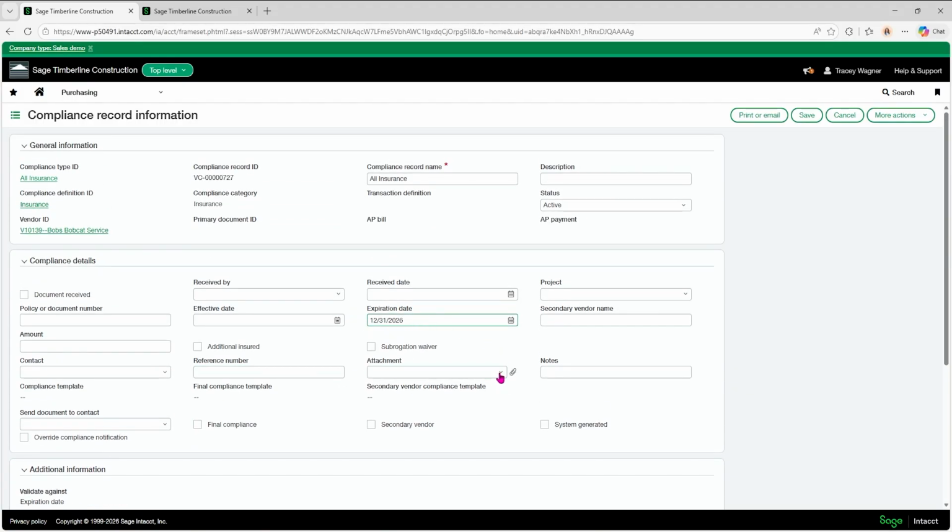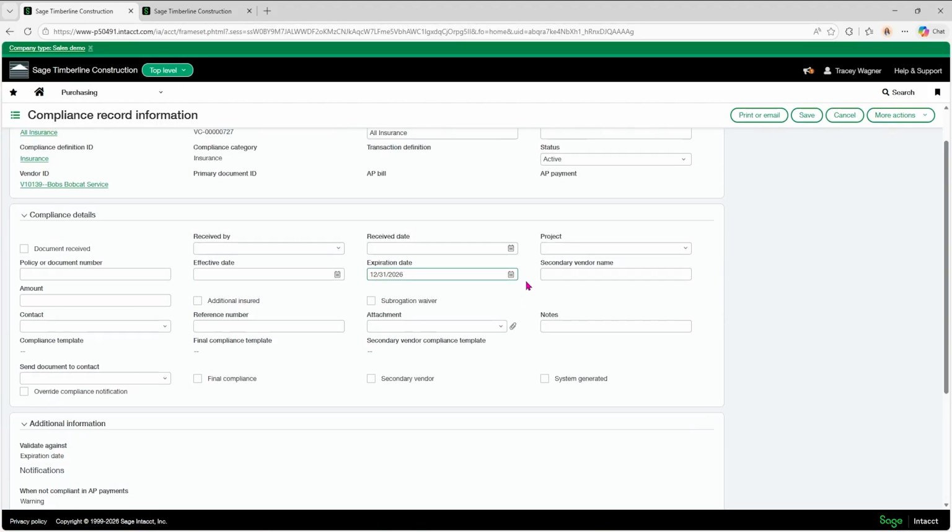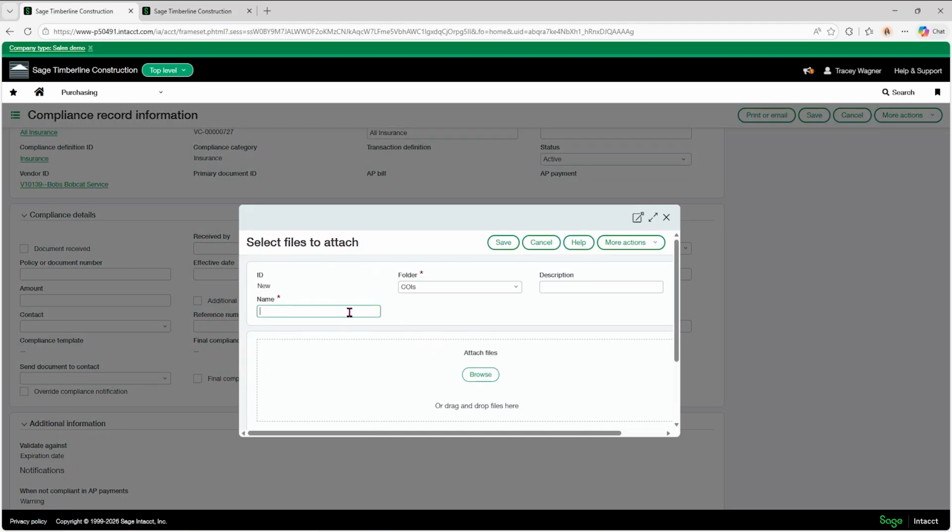You can add your attachments here. So I know you might have different COIs depending on who this vendor uses for their insurance. Maybe they have 2 or 3 different COIs. You can most definitely attach multiple COIs, certificates of insurance, onto this record. We can just add right here.